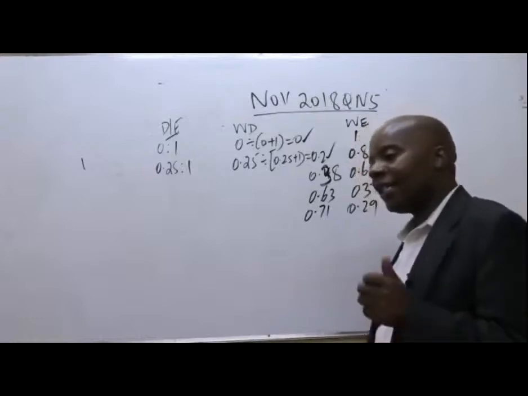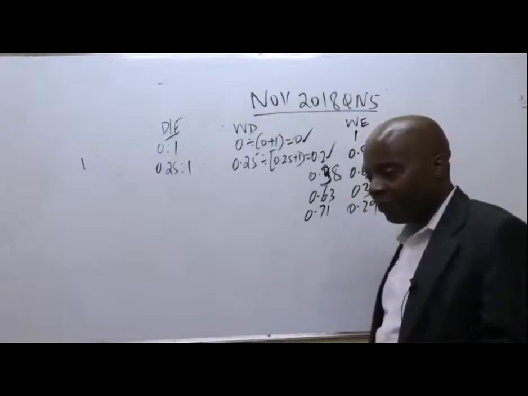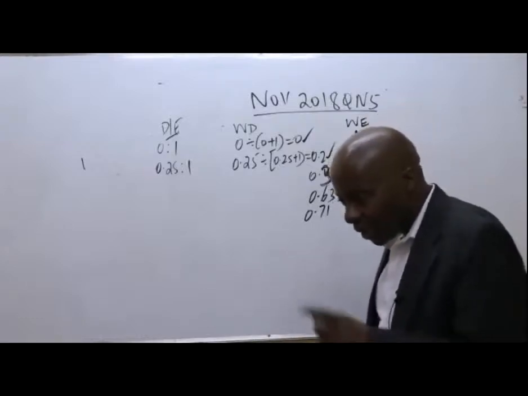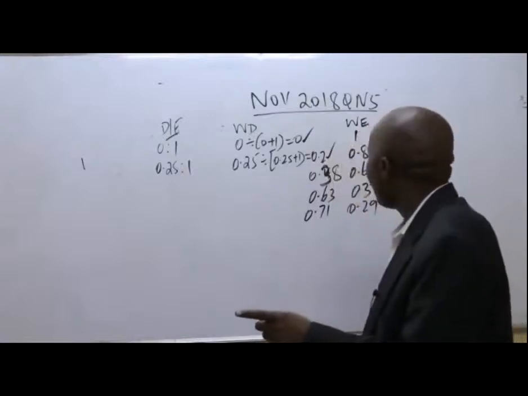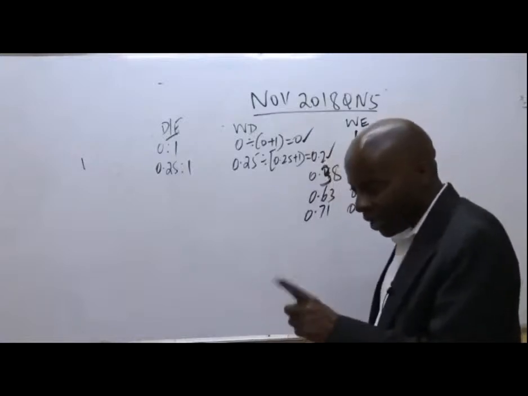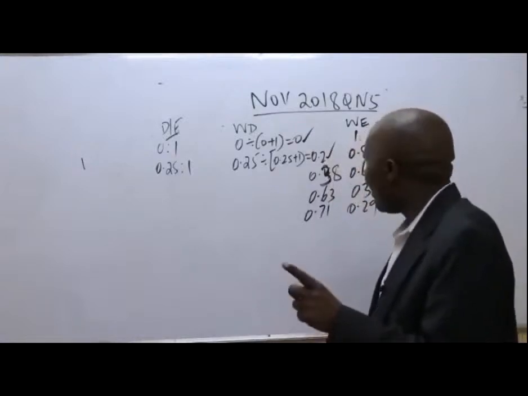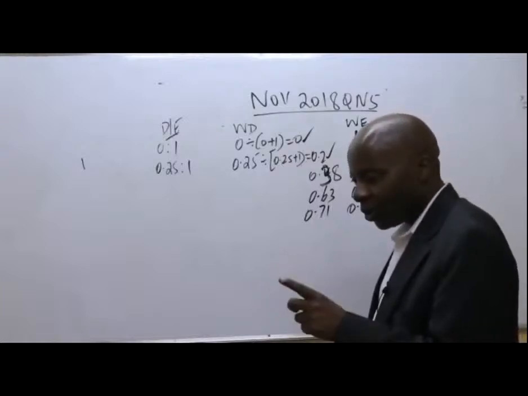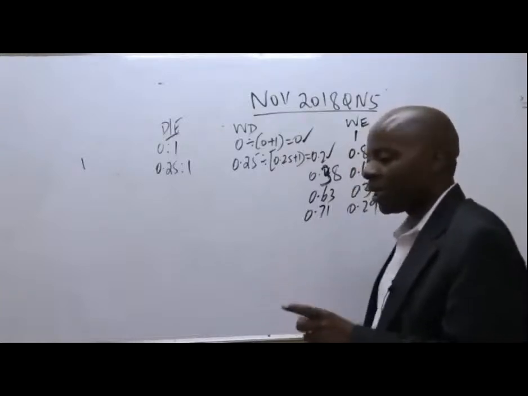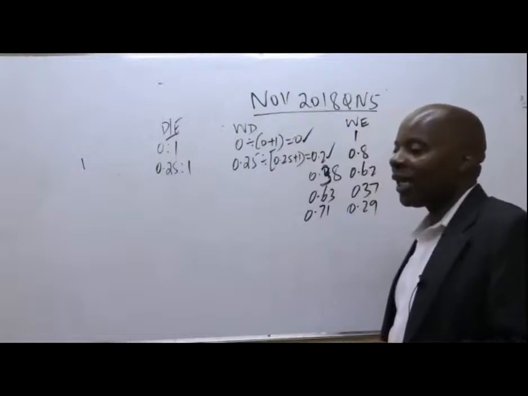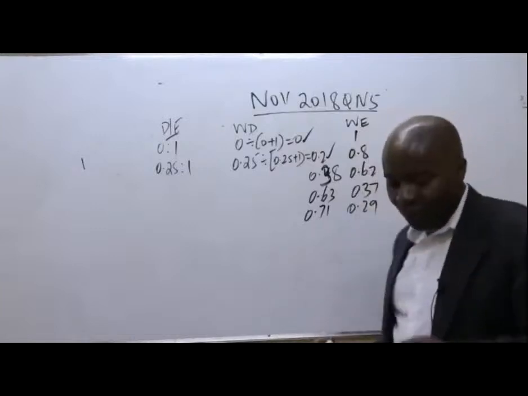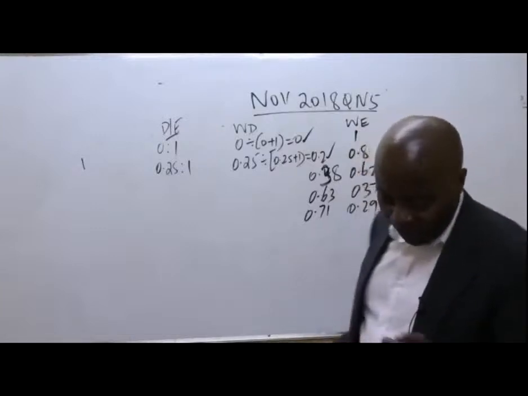Once I get the weights, these are very common types of questions. 0.2, 0.375, 0.63, 0.71. Then we have 1.8, 0.62. Great. Once I get this, ladies and gentlemen, I know that if there is any unlevered beta,